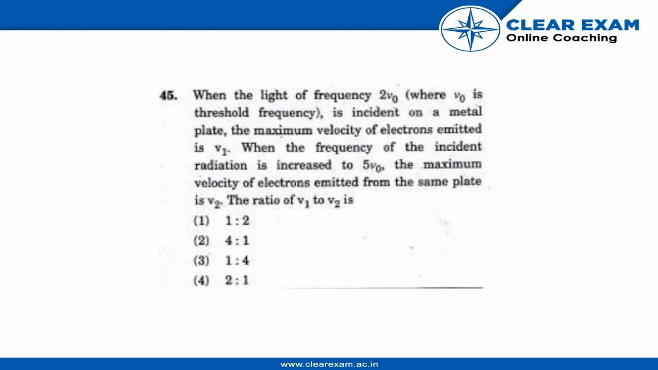When light of frequency 2ν0, where ν0 is the threshold frequency, is incident on a metal plate, the maximum velocity of electrons emitted is v1. When the frequency of the incident radiation is increased to 5ν0, the maximum velocity of electrons emitted from the same plate is v2. The ratio of v1 to v2 is,